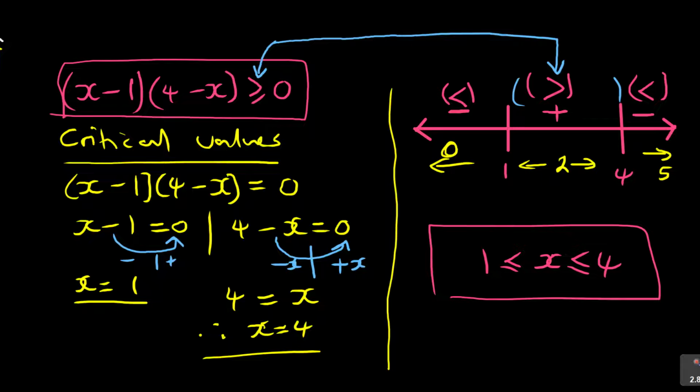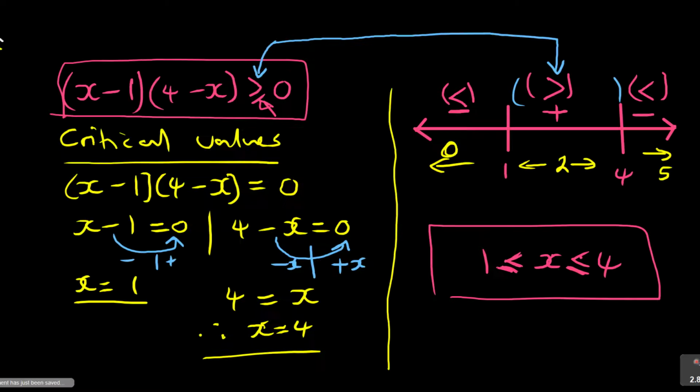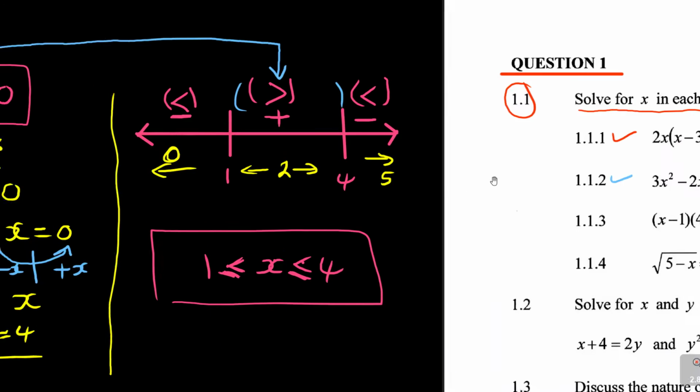Why did I put less than or equal to? Because our answer has equal to, so you also put the equal to there. If there was nothing on the equal to, you're going to just use less than. Guys, that's how you do it. Anyway, I need to move on because this is not the time to be teaching as such. I'm just revising. So that was at